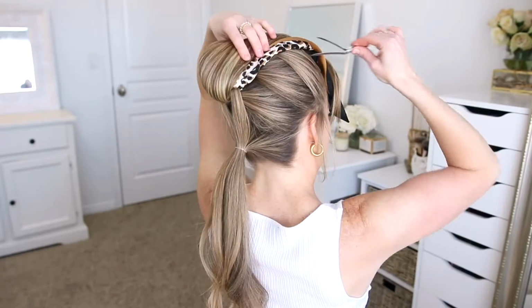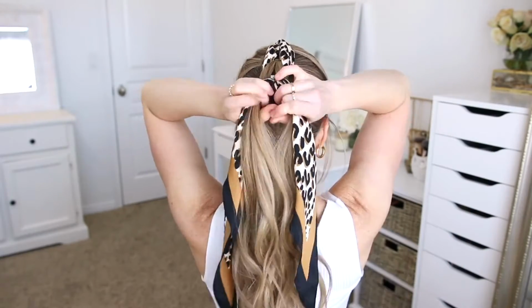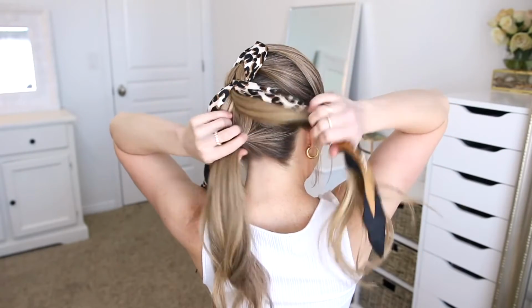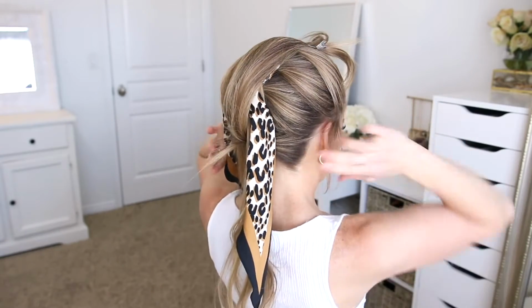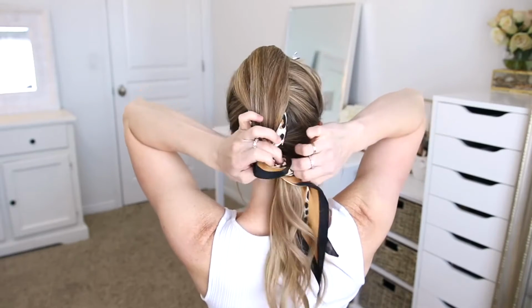And now I'm going to let down the ponytail that is clipped up, divide it into two sections again, both halves with a section of hair and a section of the scarf. And then I'm going to bring the bottom ponytail up through the middle and clip it out of the way. Then I'm going to combine the two sections from the first ponytail back together and tie them off using another